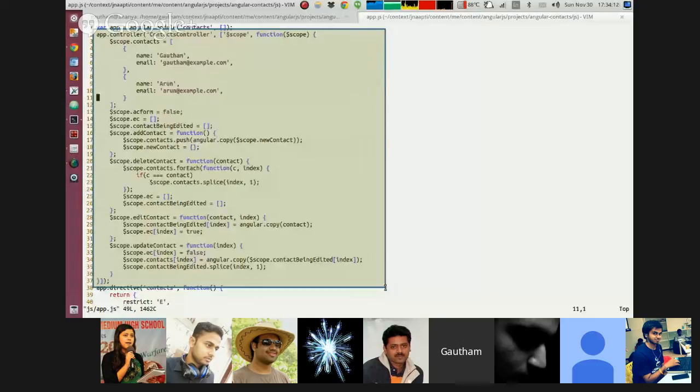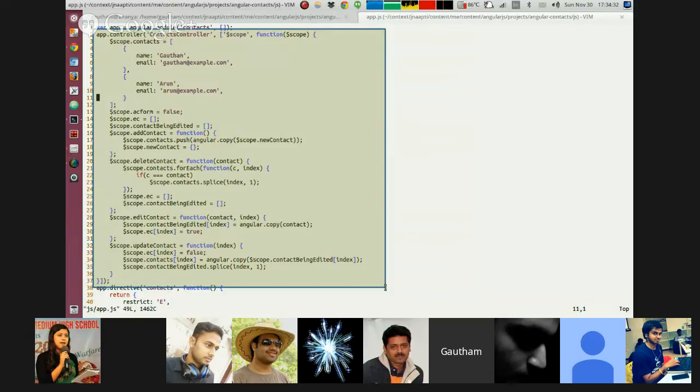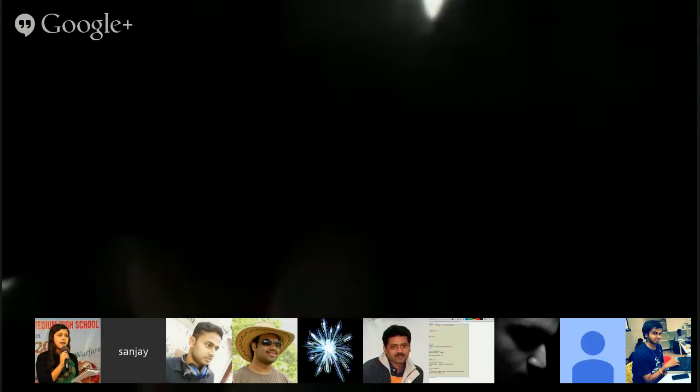And this is how it is supposed to be. Controllers in AngularJS need to be written such that there's no UI manipulation happening within the controllers. And the UI is something that is automatically managed because of the bindings that we would have provided within our HTML. And this is what Angular really helps with,